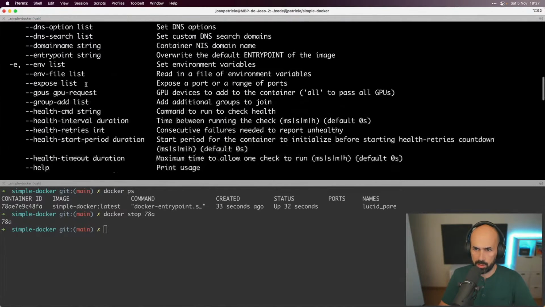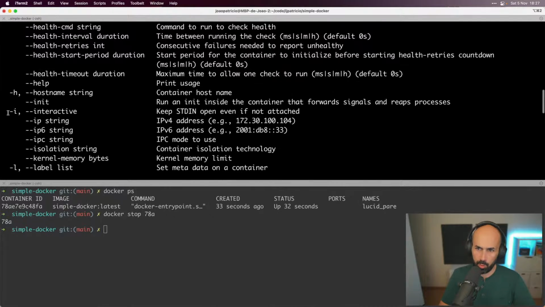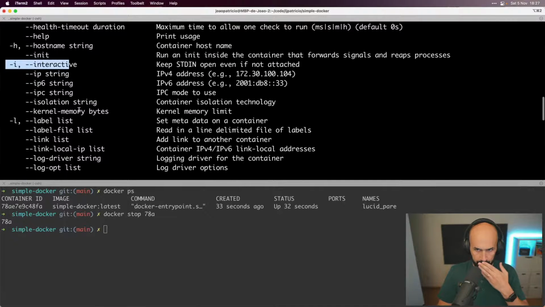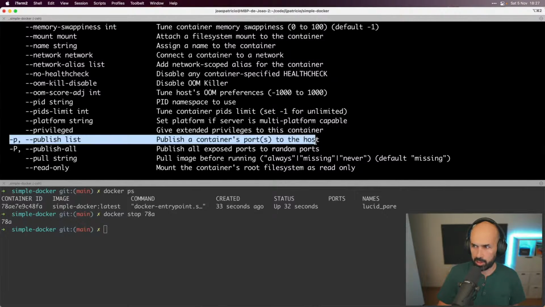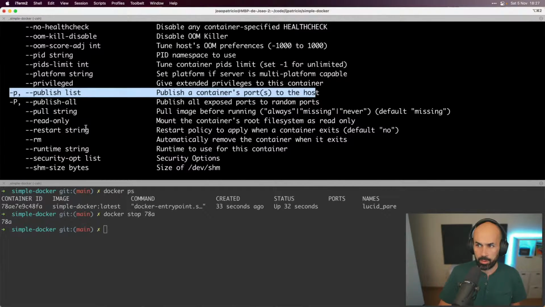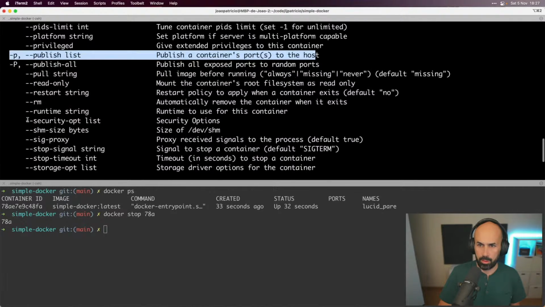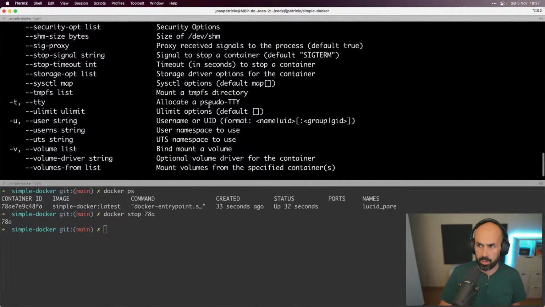But we want to see it. We want it to be interactive, so that Control C, for instance, would grab the session. Also, we want to publish container ports to the host, right? And there's one more, a pseudo TTY, to get all the colors and the fluffy stuff from the shell.